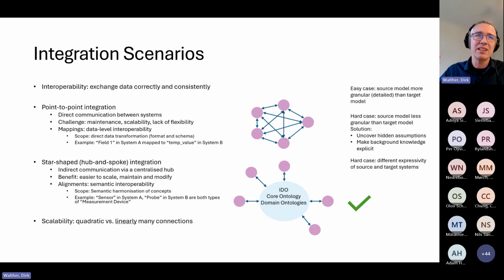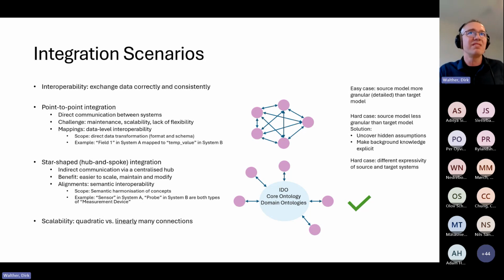And clearly, the star-shaped version is preferable when it comes to scalability and maintainability. Now, looking at these connections, we find an easy case. The easy case is when the source model is actually more detailed than the target model. Then we just leave out details and we are done.